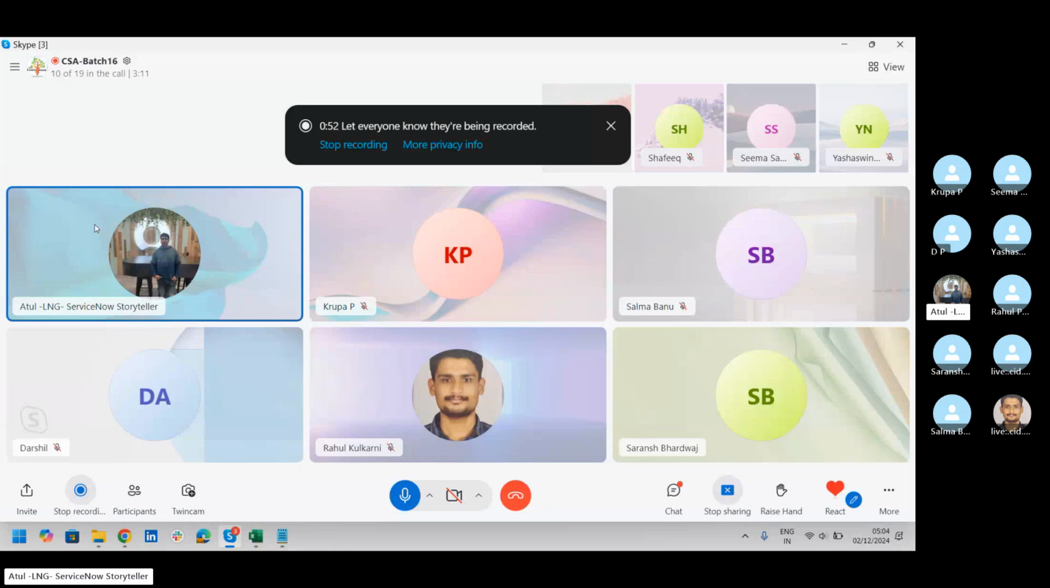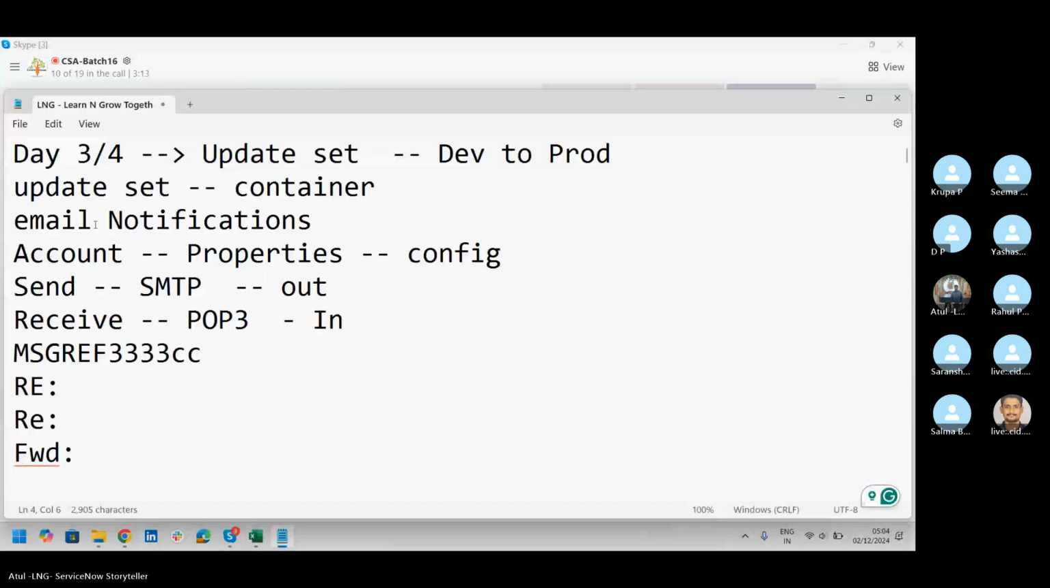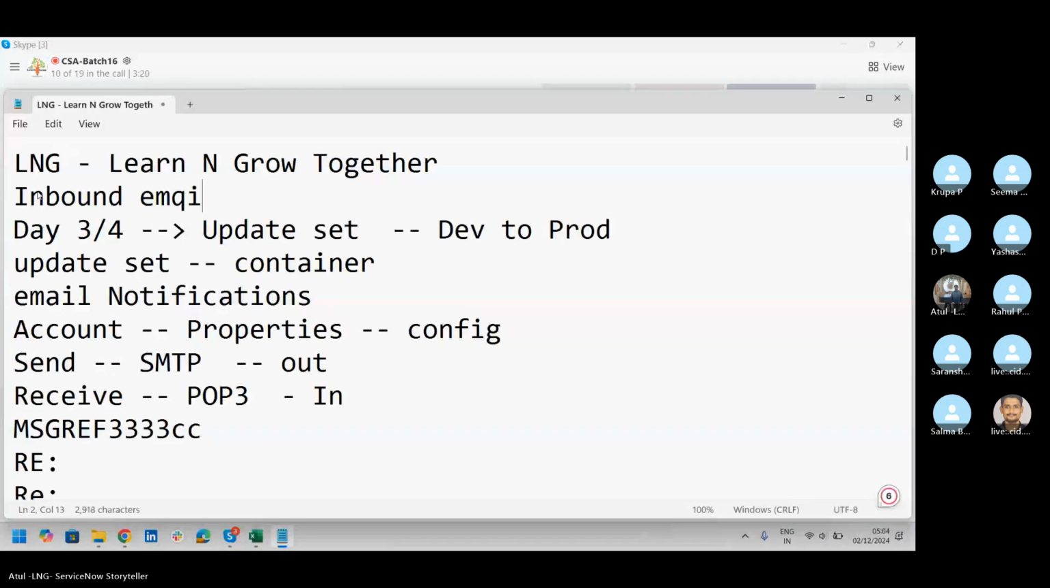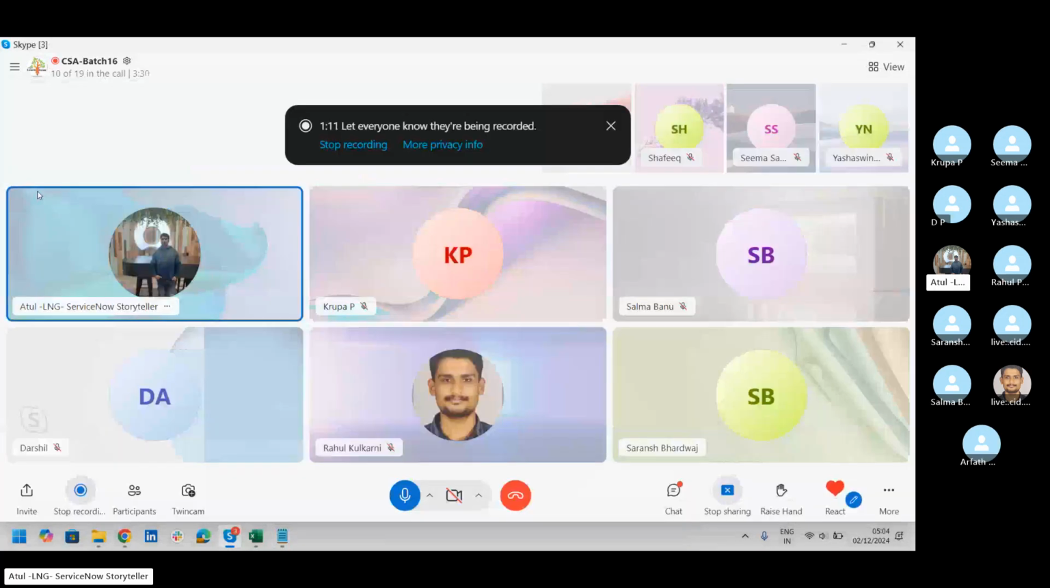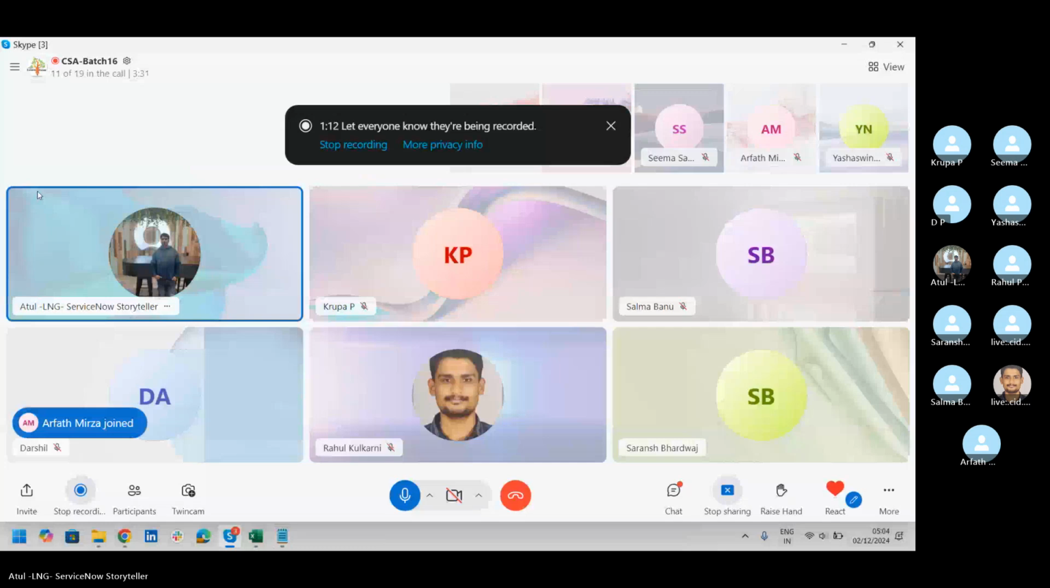What does this mean? Inbound email action. It says if anybody sends an email to the ServiceNow email ID, the email ID which you defined in your email accounts for SMTP and POP3, what will ServiceNow do with that particular email? For example,